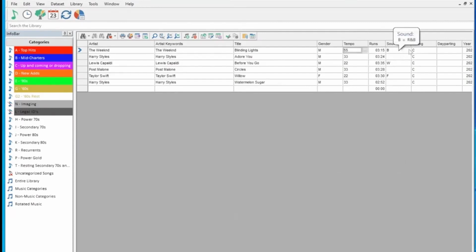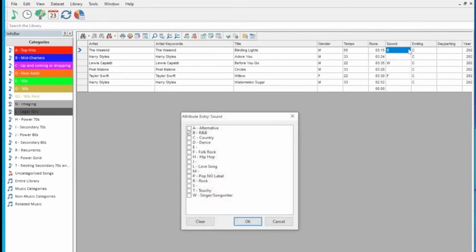Sound codes. These are sound codes. Again, I'll show you how to set these up. These are the ones that are set up here on this particular one. These will be fairly typical of what you would set up. The Weeknd, this particular song, you could probably make a case for, this is kind of pop. But I think R&B is more prudent to just lean it that way. So, typical type of genre you'd put in here: alternative, R&B, country, dance,